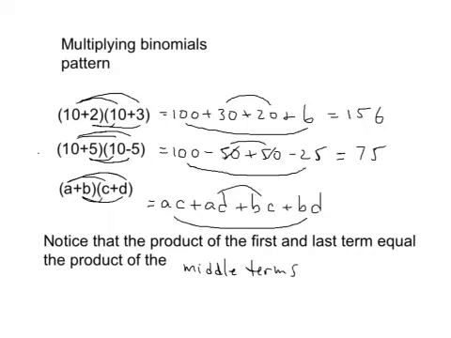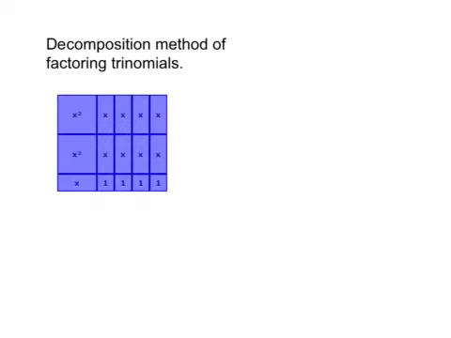This is just the background and the reason why one of our first steps when we do decomposition is to multiply the first and last terms together. So, before we finalize all the steps to decomposition for factoring trinomials with a leading coefficient greater than 1, we're going to use a technique called factor by grouping. It basically involves taking our trinomial and dividing it